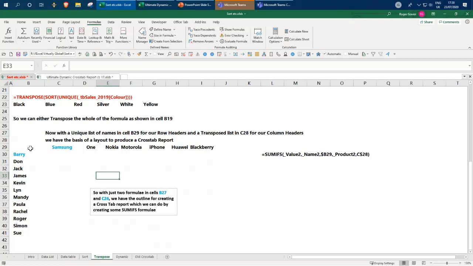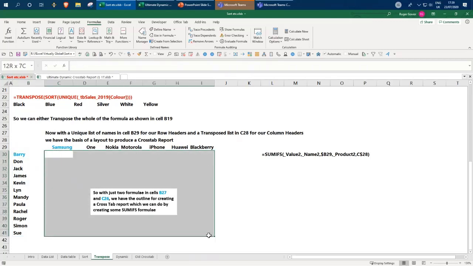But anyway, basically, we've got a formula here in C29, which is our spilled array going horizontally, and we've got one here in B30, which is just the sort unique names. So as you can see, we basically got the column headers and we've got the row headers that we would need to be able to create a CrossTab report. And the way in which we would do that